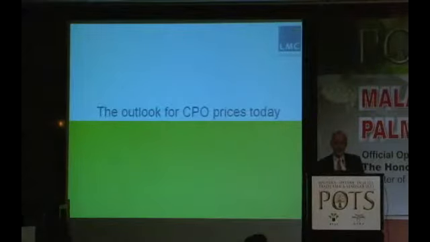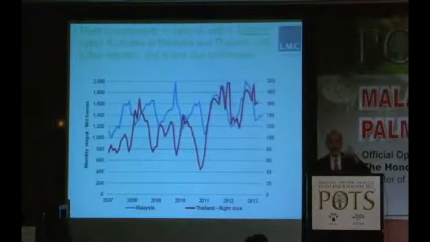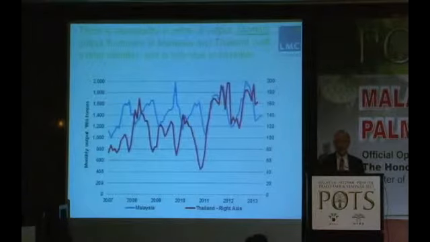So let's now look a little bit forward to palm oil prices. The first thing you need to know when you look at production, this shows you monthly production in Malaysia and in Thailand. Thailand is measured on the right-hand side. It is about 1/10 the size of Malaysia as a producer. I just want to show you, which you probably know if you follow palm oil, every year there is a seasonal pattern. Production tends to rise in the second half of the year, come down in the first half of